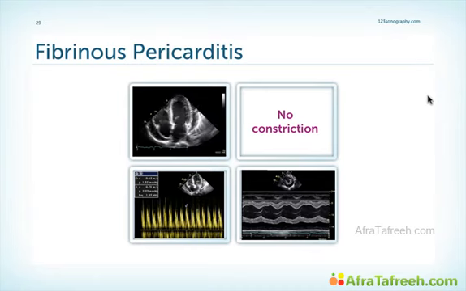The first is that of fibrinous pericarditis. Here we have a pericardial effusion, we have no compression of the chambers, and we have no septal bounce. So this is not indicative of hemodynamically significant pericardial effusion or of constriction. The mitral inflow signal also shows only mild fluctuations with a mild decrease during inspiration. And in the M mode, we see no adherence of the pericardium or the surrounding structures to the myocardium. But because the patient has fibrinous pericarditis, we have to perform follow-up studies to see if he does develop constriction at a later time.